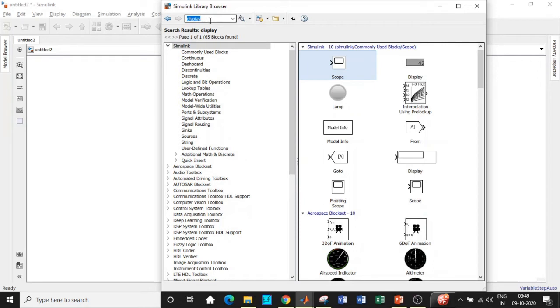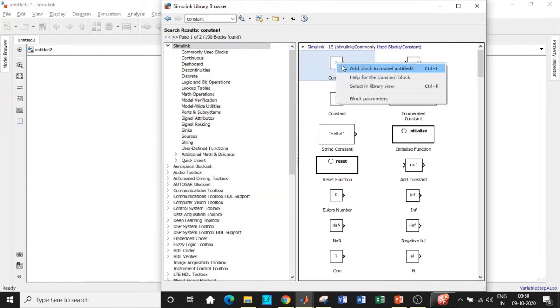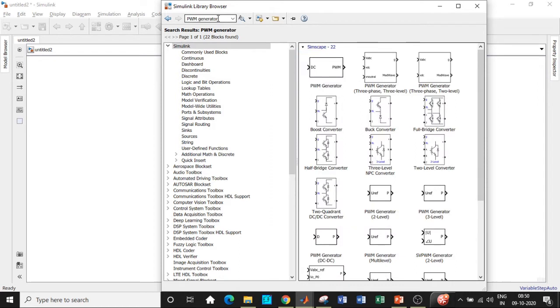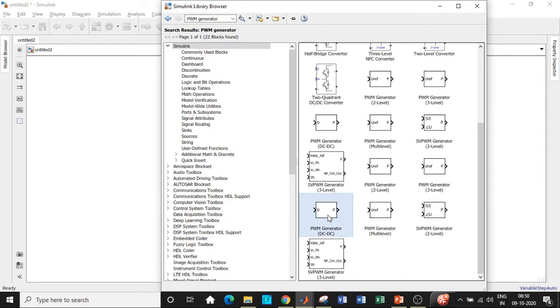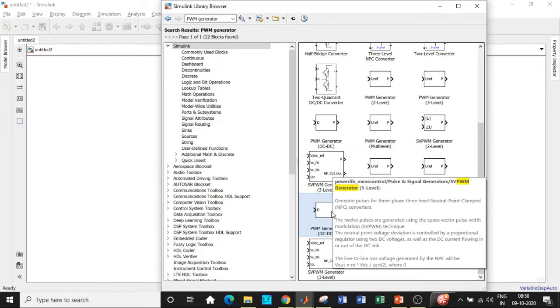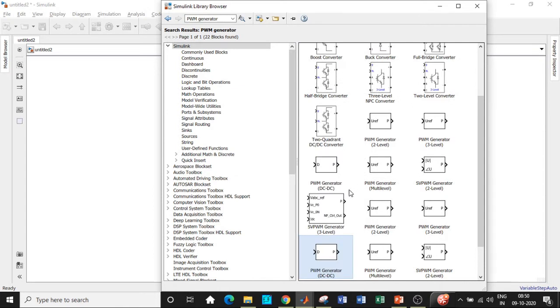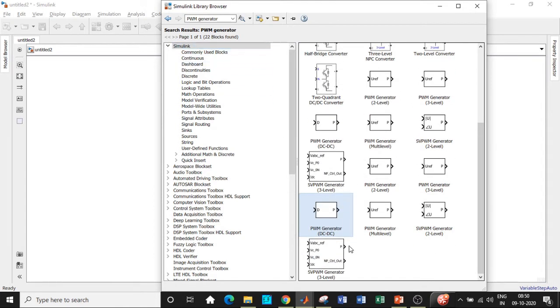Once all of these blocks are added, let us now look into the feedback path where we have to establish a closed loop system. So we will be requiring a constant block. Search for constant and add that block. Apart from that, we will be requiring a PID controller. Search for PID controller and that will be available right at the top. Add that block as well. Apart from that, we'll be requiring a PWM generator, which is basically a DC to DC generator. Be very careful, choose this one, not the other ones, because they're not associated with the required output with respect to the circuit. They are used for different purposes. I'm not going in deep with respect to it, but we have to add this particular block.